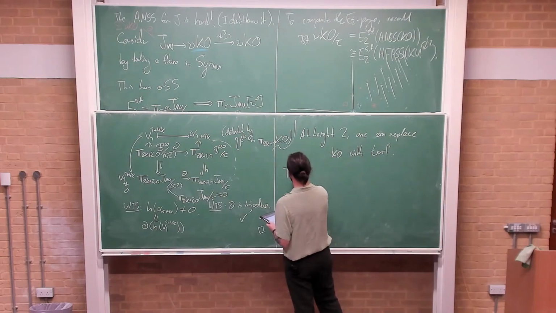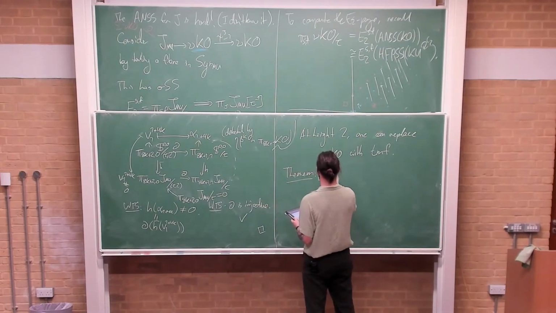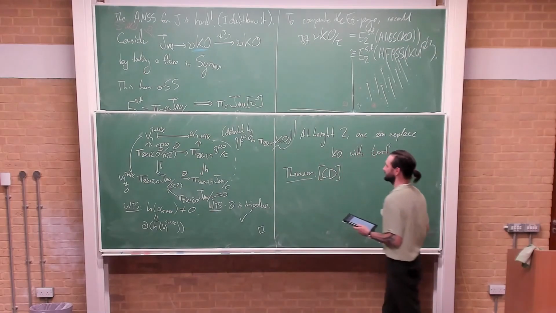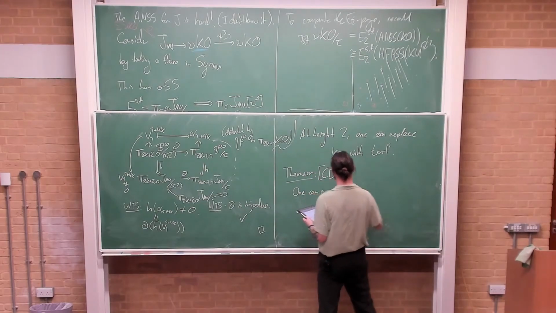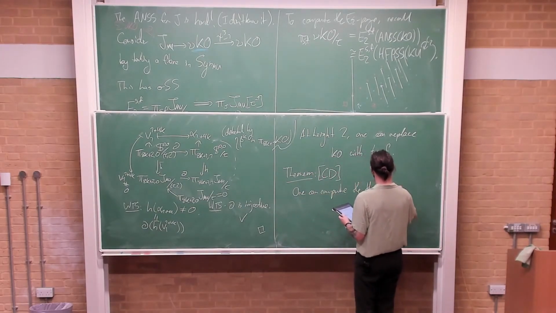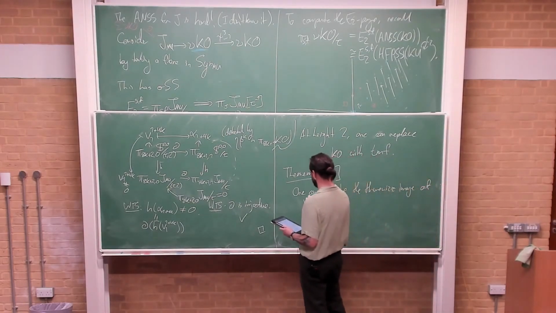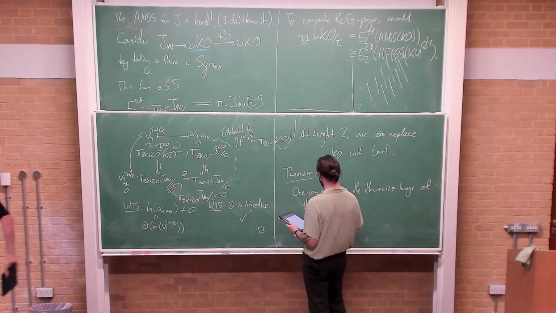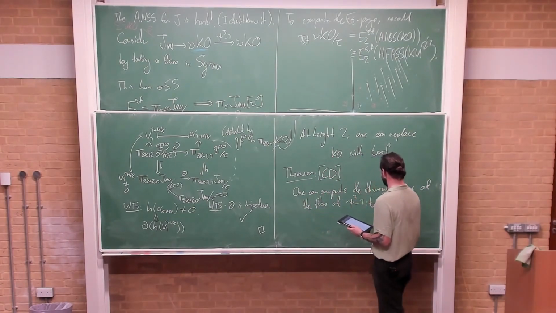So here is, I just want to mention 2 theorems proven by me and Christian. So the first one is that one can compute the Hurewicz image of the fiber of psi2 minus 1